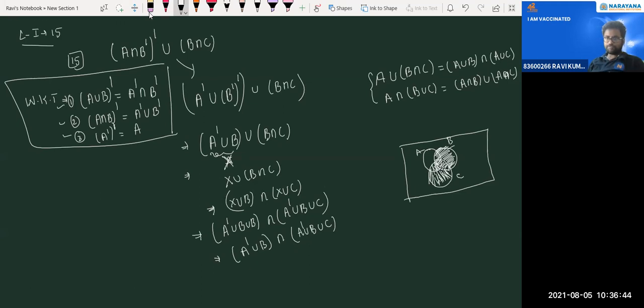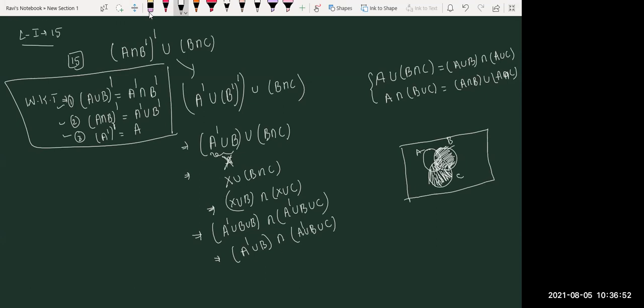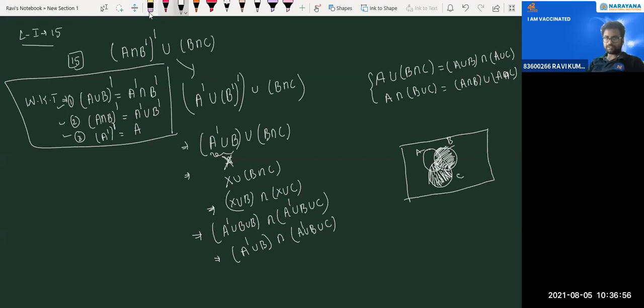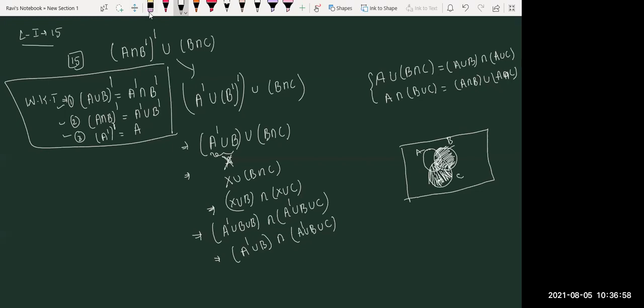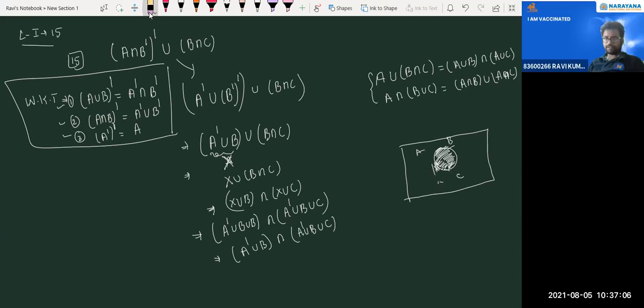Look at the diagram. Which will be the intersection part here clearly? This line and this line, which will be the intersection part? Anyone in the class? Not understood now? Sir, can you repeat again? I'll repeat again. One second.